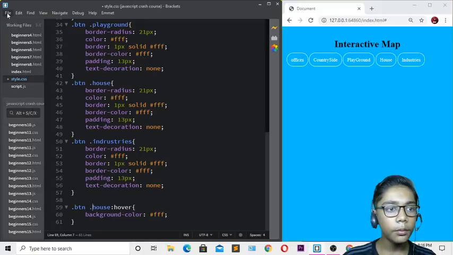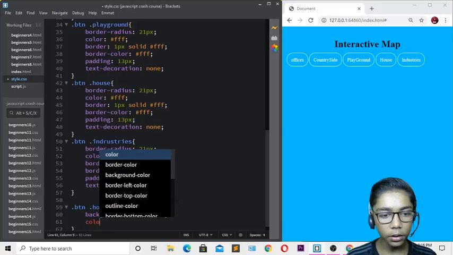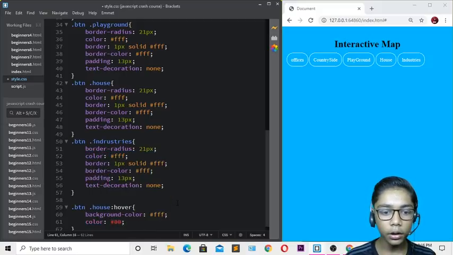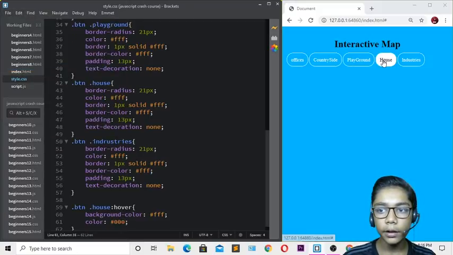Now when you've done that, you have to hit save again, and I will show you over here. You can see now the hover effect is coming, but you can see that we are not getting our color, okay. So over here I'll come and give the color of black. When you've done all that, you have to come over here, change it and save, and you can see that now we are getting the correct hover effect, okay.